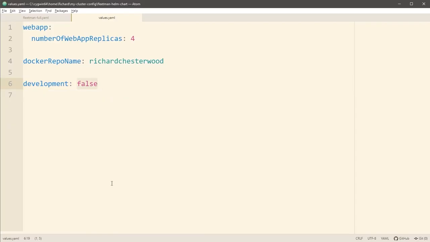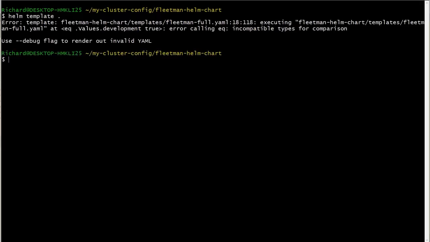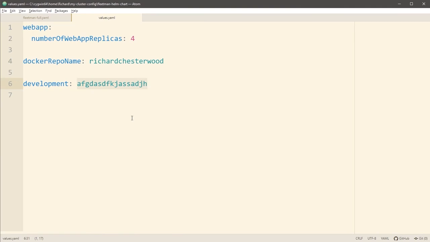And an advantage of this is if there's some other value in here, then that's now become a string. And I don't want to get too deep into Golang here, but that will cause an error here because we're using the word true here. It knows that that's a Boolean and not a string, and we will get a type mismatch here. Let's try it. And yeah, we do: incompatible types for comparison. And that's an advantage because it means we are constrained to either using true or false.